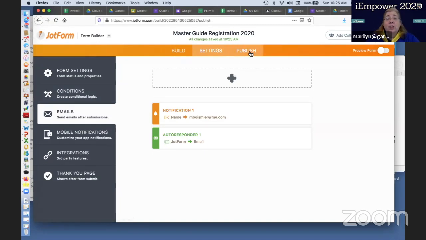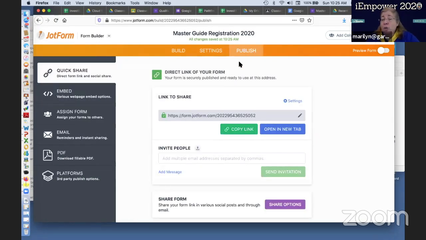The other thing you can do is integrate it into your web page. I know a lot of your clubs have their own web pages. You can embed the logic for this registration or whatever it is into your web page. That way you don't have to send them a link. They just have it on the web page. Or you can just email them a link. And all you have to do is I usually just copy this and put it in a text or put it in an email. Usually I do both because some of my people like one kind of communication than the other,